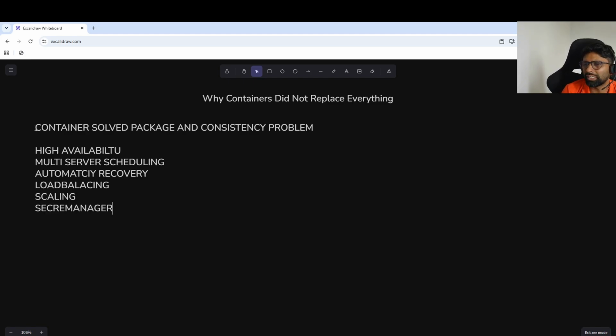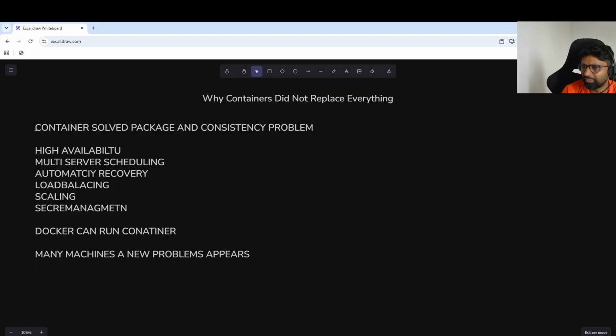I mean, there are so many different problems that containers by themselves did not solve. Docker can run containers. Excellent. But once we have many containers running across many machines, a new problem appears.